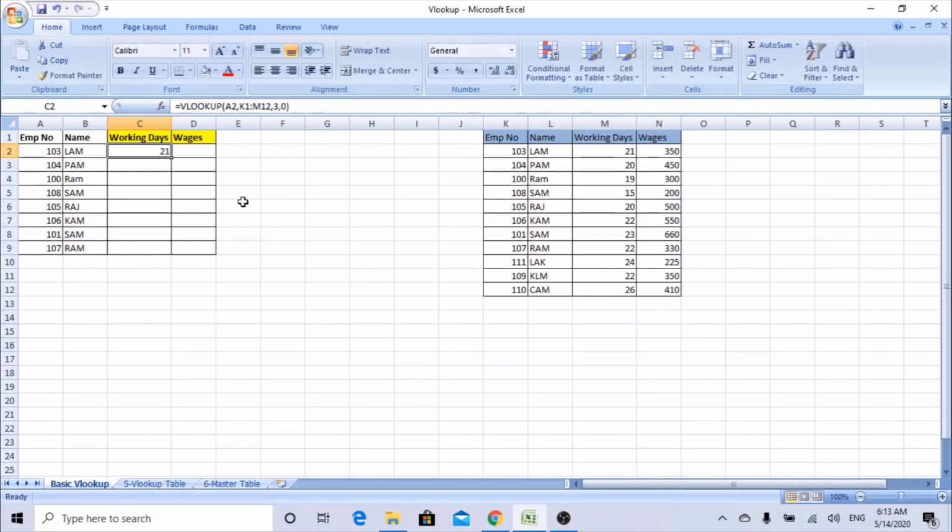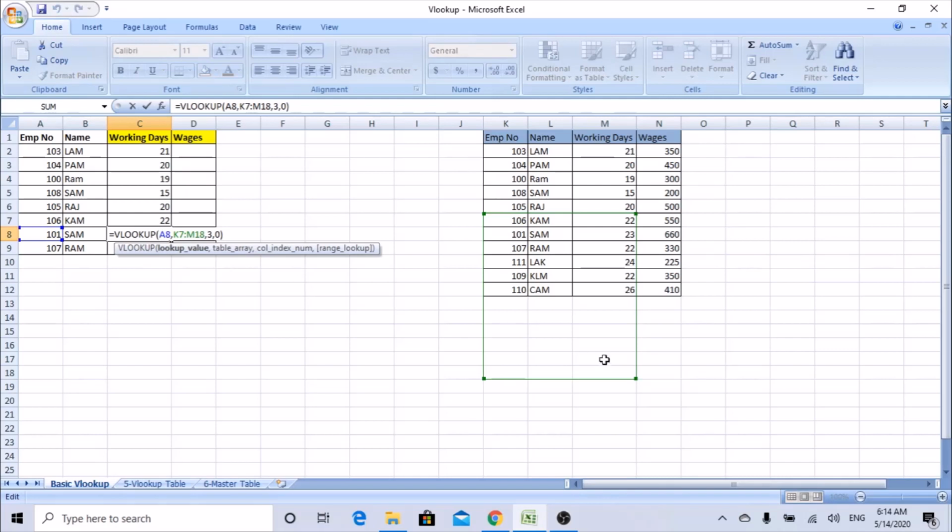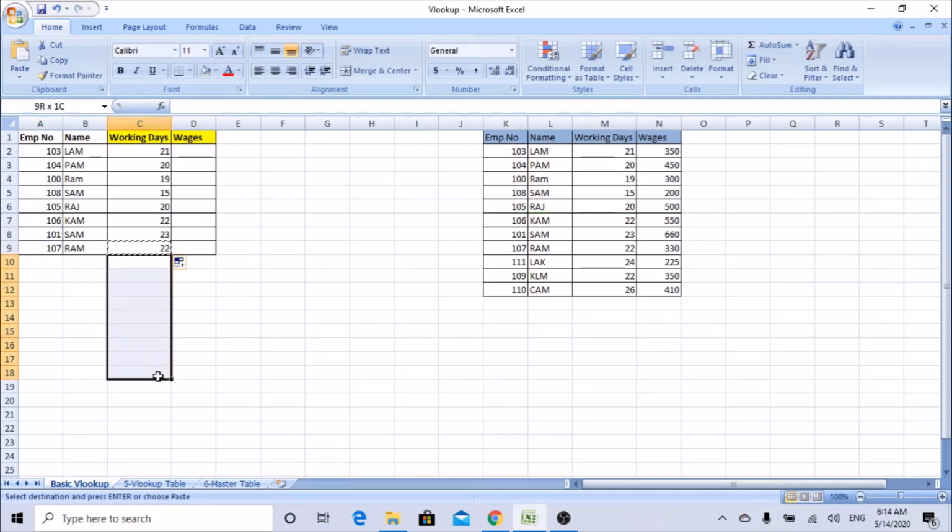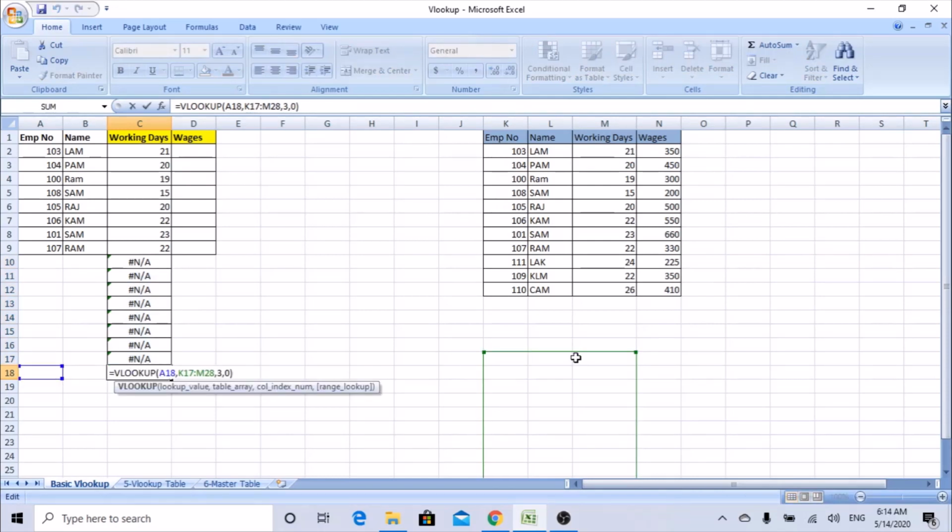Let's hit OK. Now copy the formula down. Now you can see its value is picking. For example, if I click on Sham 101, you can see this range is going down. Why? Because the range you selected, we have not locked the cells. If you don't lock the cells, the range keeps on going down when you copy the formula down. See, if I copy the formula down, now the range is going down. Obviously, it doesn't check the correct parameters.